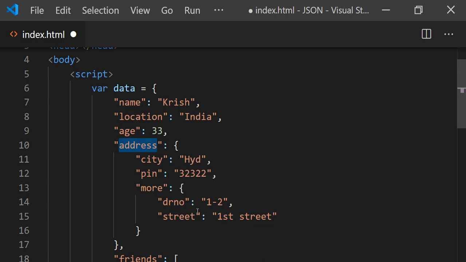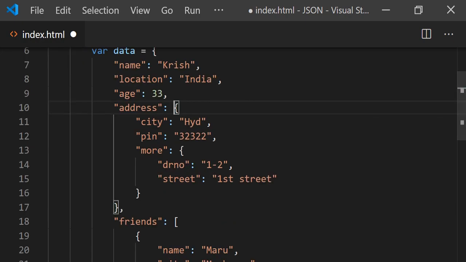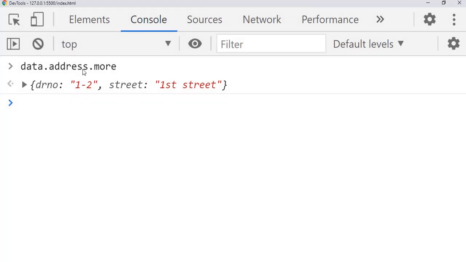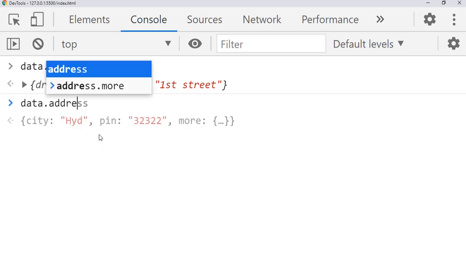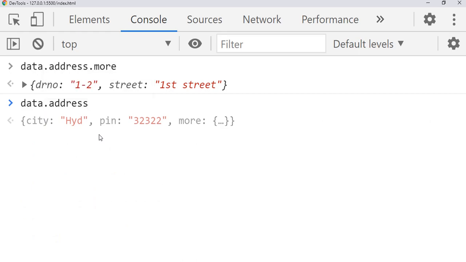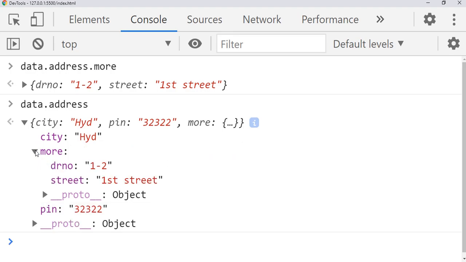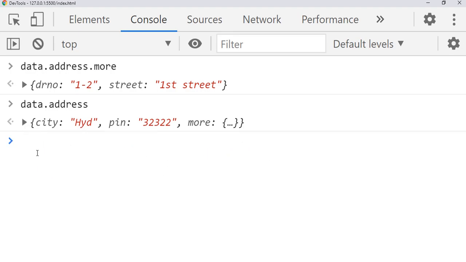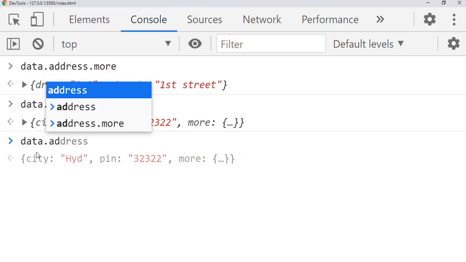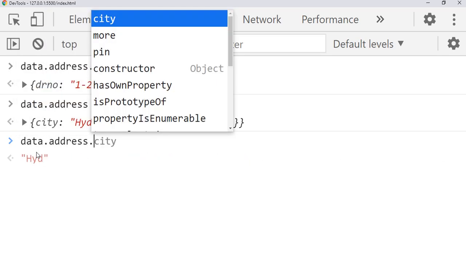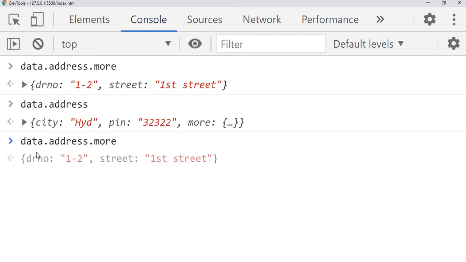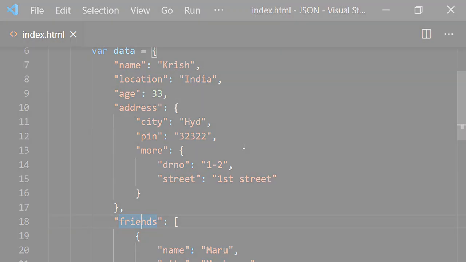Data and dot, because data and address is the first level, so data dot address. In the address we have the object, so if you press it, it will return this object. Again it will have the key called more, so data dot address dot more, and then we'll get the more object.